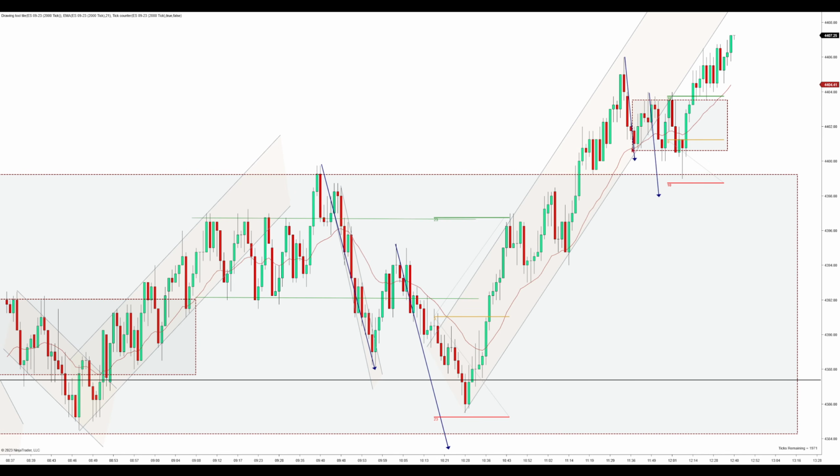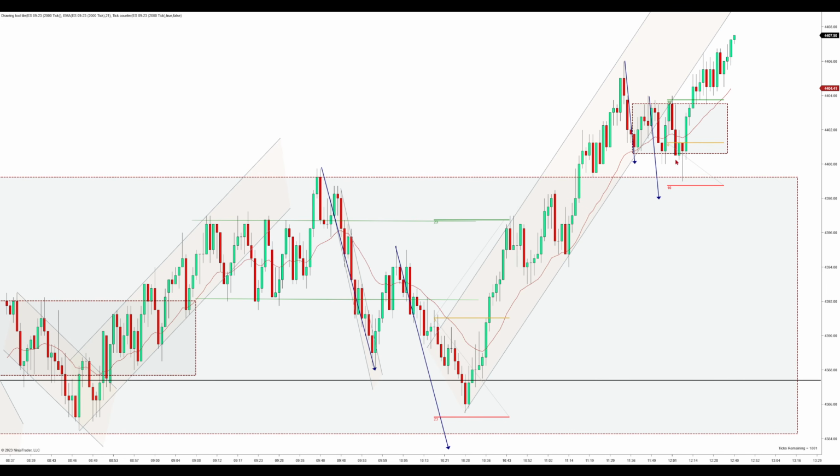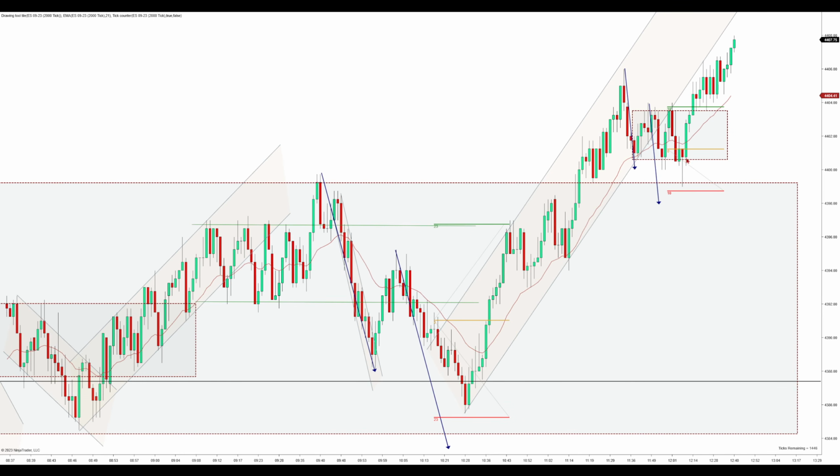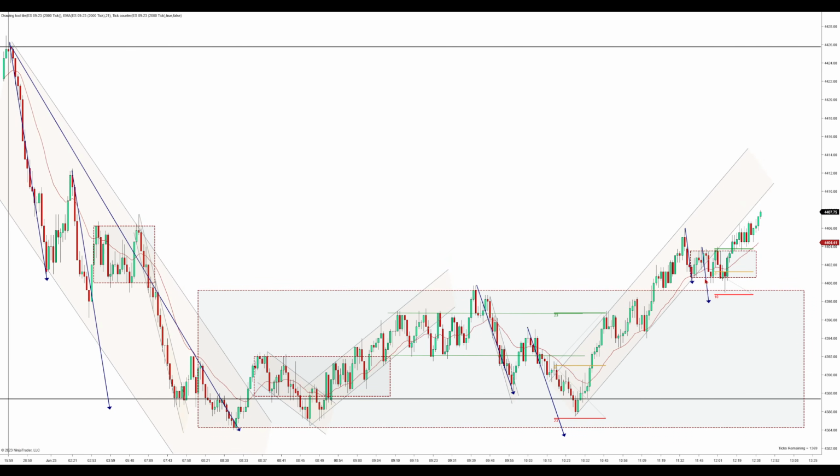Notice how after we have that push down, we break and then have two attempts to reach that measured move, and we get very close, and then we retest the highs, and we just zoom on up higher. Plus, we had been chopping through the EMA quite a bit. It's getting flat, so I'm not concerned about that, but unfortunately I was not able to get in on that trade. So anyway, uptrend, break, new high. That's another reason for this. You can expect a new high for this uptrend,